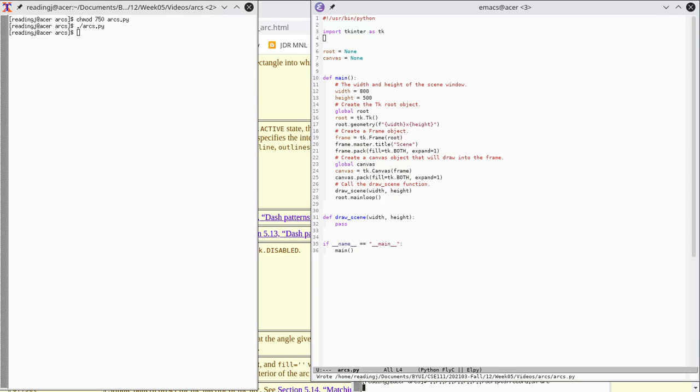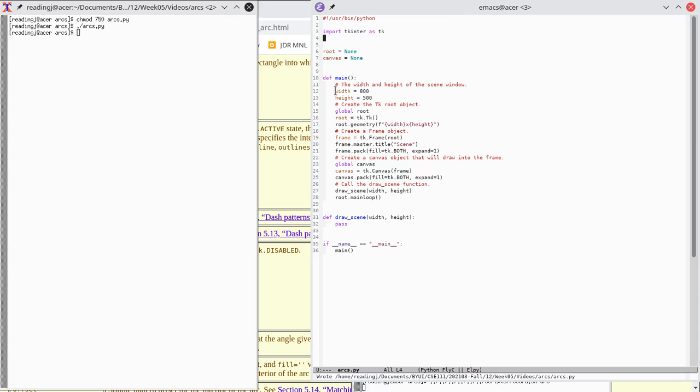So when somebody asked about arcs, it occurred to me that it might be useful to talk about them a little bit. If nothing else, it might give you a little more insight into how graphics libraries work. So I've copied this from the wheel example, got rid of math because I don't need math for this one. And